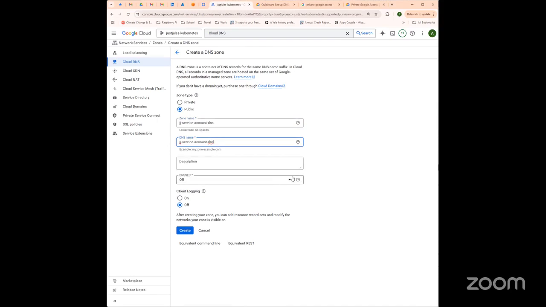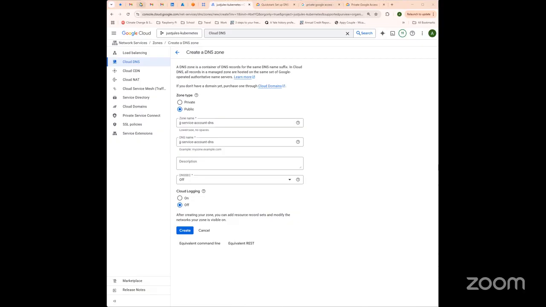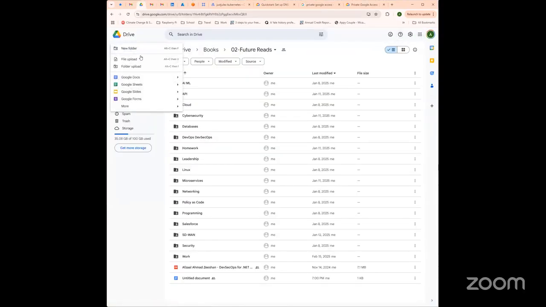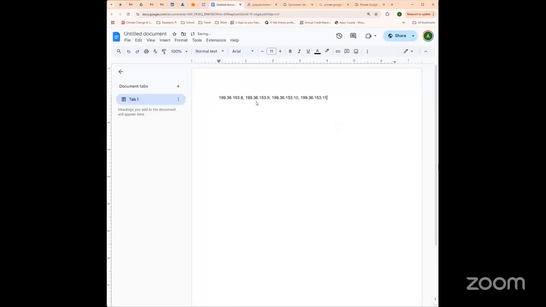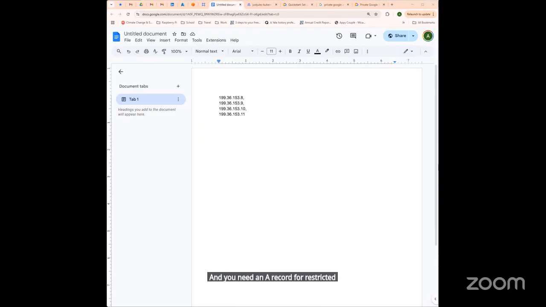One, you would select an A record for private.googleapis.com to point to the following IP ranges: 199.36.153.8, .9, .10 and .11. And you need an A record for restricted.googleapis.com pointing to the following: